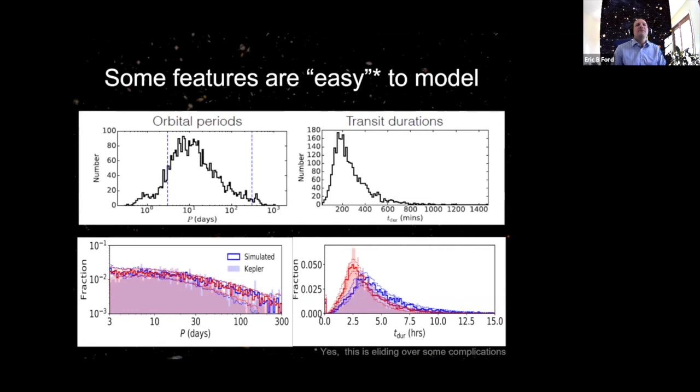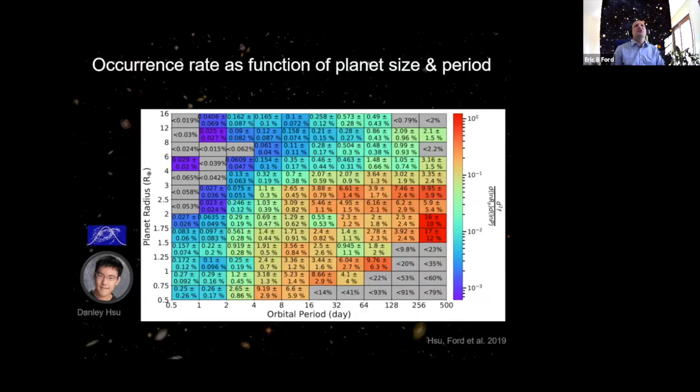And so this has given us things such as the occurrence rate as a function of size and orbital period for planets. And now I think that's under pretty good control over at least the vast majority of parameter space. You might still see some concerns in the bottom right here, where you're pushing the limits of Kepler, but even there we've seen significant progress in agreement among recent studies.